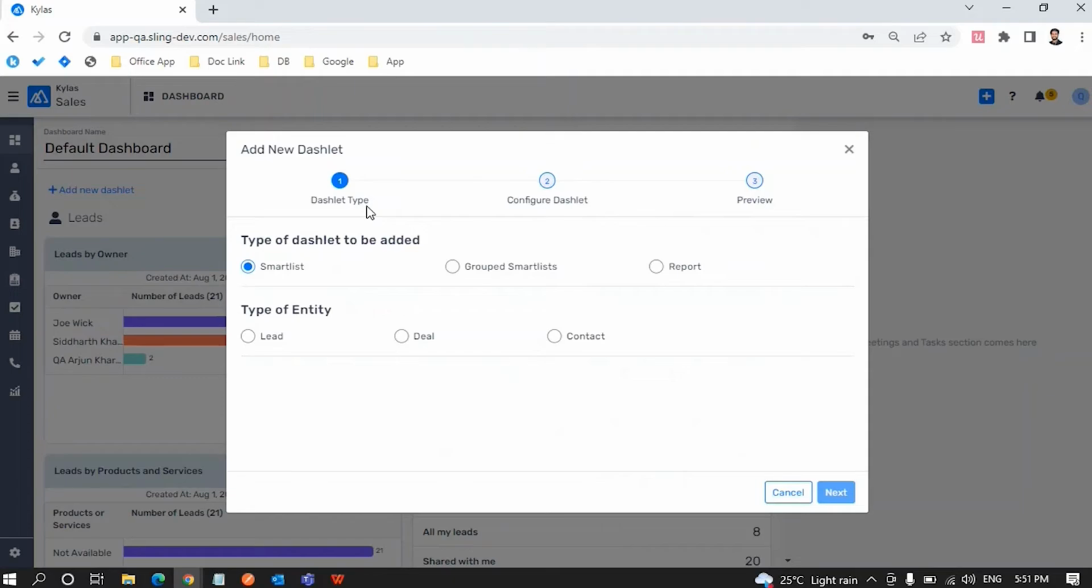So this is the very simple three-step process of adding any kind of report or smart list to your dashboard. So I will select report. As soon as I select report, I can see that the type of entity has been expanded, and now I can see company and meeting, both these entities available for selection. So let me select company